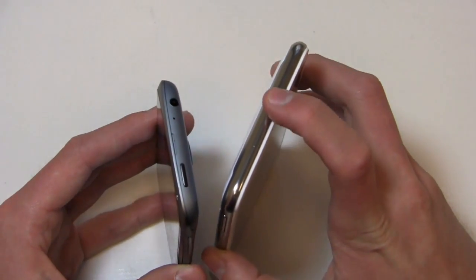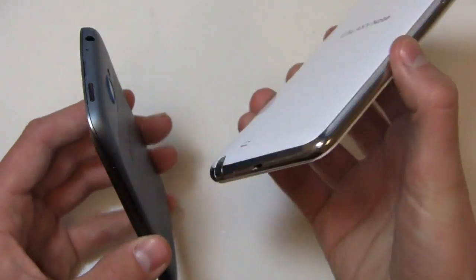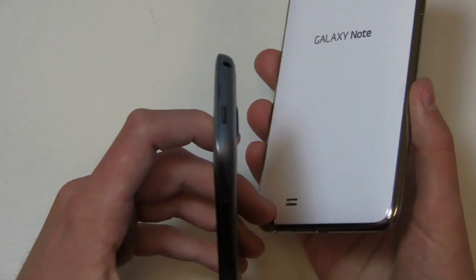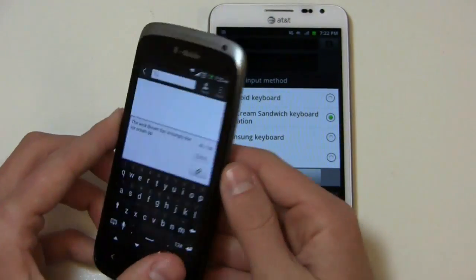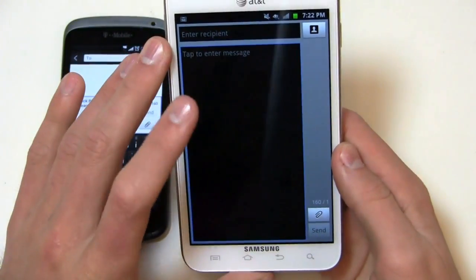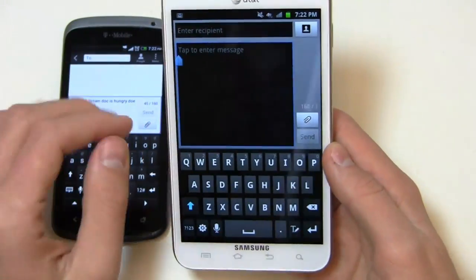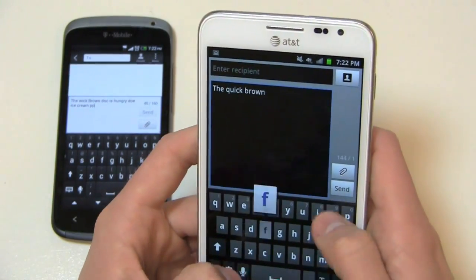Similar setup over here on the Note with the headphone jack, the volume rockers on the left, and the power button on the right, and the micro USB charging port and S Pen, which we'll talk about in part 2, is over on the bottom. So you can see the keyboard set up here. Let's go to the Samsung keyboard just to show you what it looks like, because obviously that's one that comes pre-installed on this unit. So I can say the Quick Brown Fox, and honestly not one of my favorite keyboards,